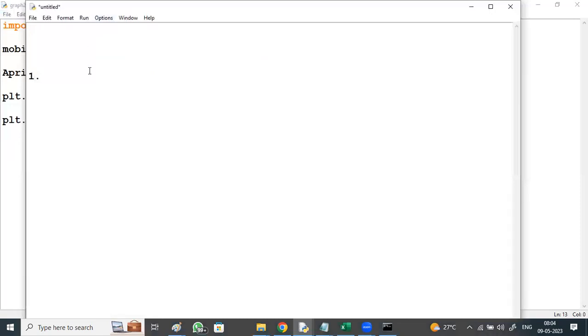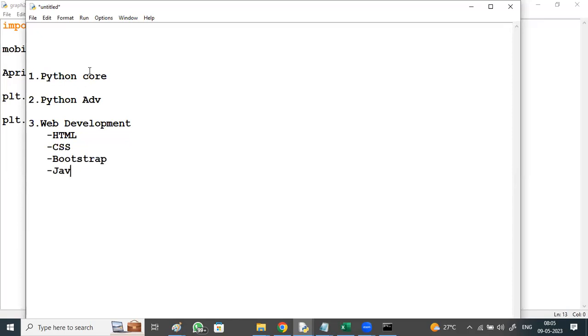First, Python core will be discussed. As I said, I'll show you the course content once again. Python advanced, application oriented modules. Apart from this, web development and UI technologies will be discussed, like HTML in brief, CSS cascading style sheets in brief, Bootstrap, bringing some predefined styles, and JavaScript in brief, right?